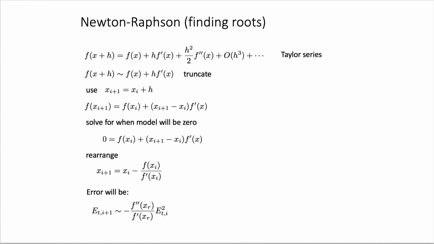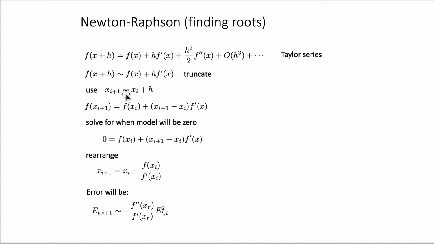The starting point here will be what we call the Taylor series, right? So if we start with the Taylor series, this is our old Taylor series that we've learned from calculus, right? f of x plus h equals f of x plus h times f prime plus h squared divided by 2 times the second derivative, and so on. You have a third order term in h and a fourth order term in h and so on. But then we say, okay, let me stop here and truncate this series. So I will assume that my function at a small step h away from x is given by this linear equation,